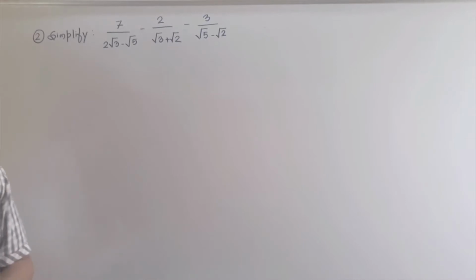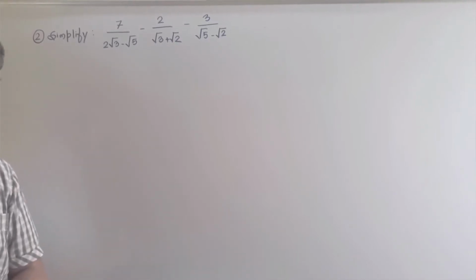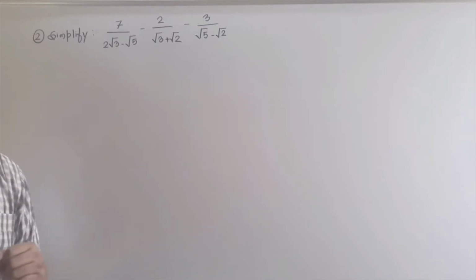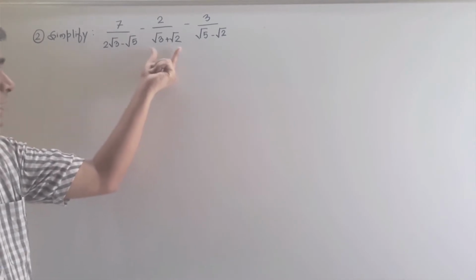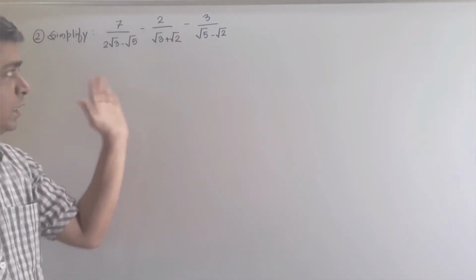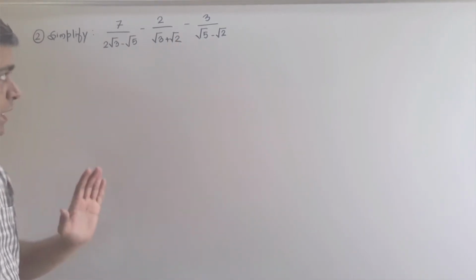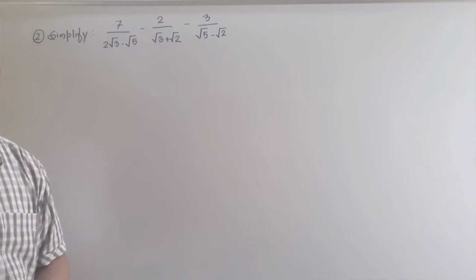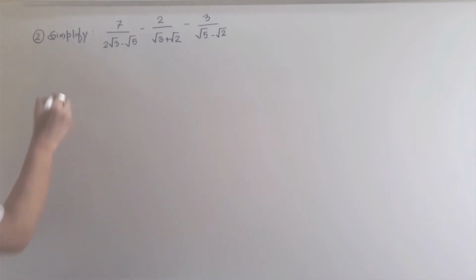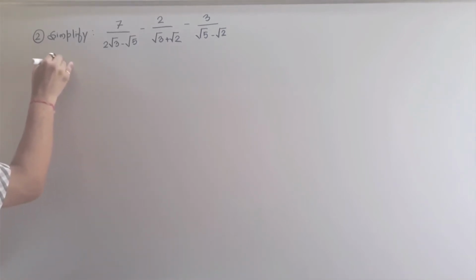Now see, this expression we can't simplify all together. We can simplify all together, but it will be too lengthy for us. So we will do one thing. This is called our first part, second part and third part. All the three parts I will simplify separately and then I will put the values in the main expression to get the final answer. So here I am telling it first part. So who is my first part?